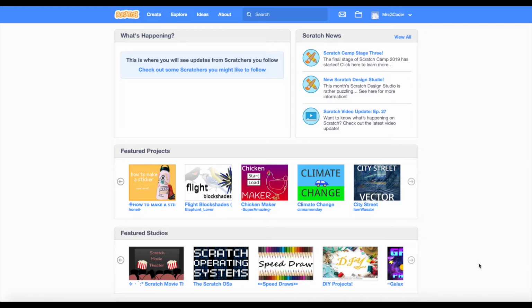You may be new to coding, you may not be new to coding, so we'll just explore what they have. This is Scratch 3.0, which came out at the time of this recording at the beginning of the year, so about 6 months or so ago. If you've used previous versions of Scratch, this might look a little bit different, but it's generally the same thing. When you bring up Scratch, which you can find at